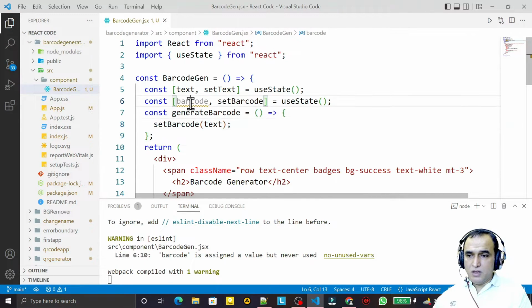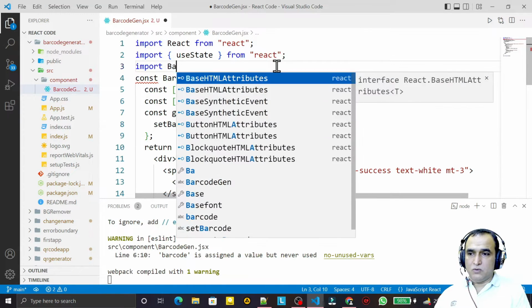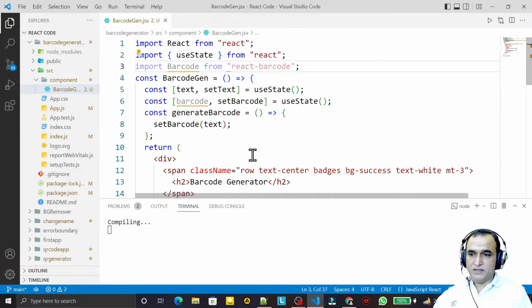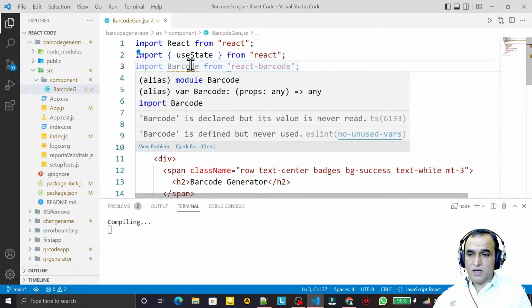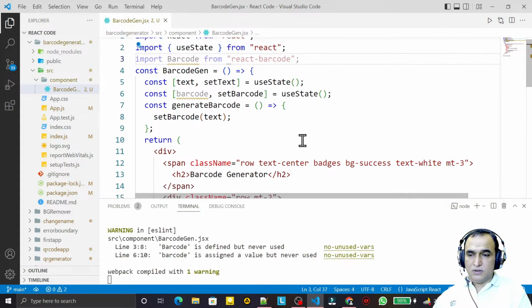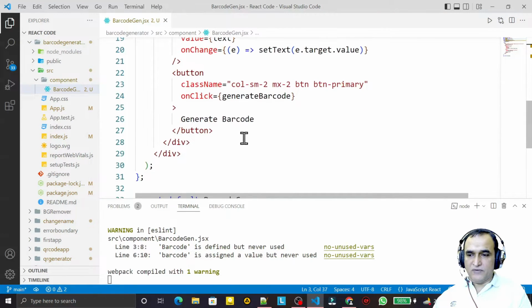Now this barcode I want to pass here. Like I import first of all Barcode from react-barcode like this. Save this. Now this barcode I want to use. This barcode I want to use to display the barcode after the button. So here after the button,